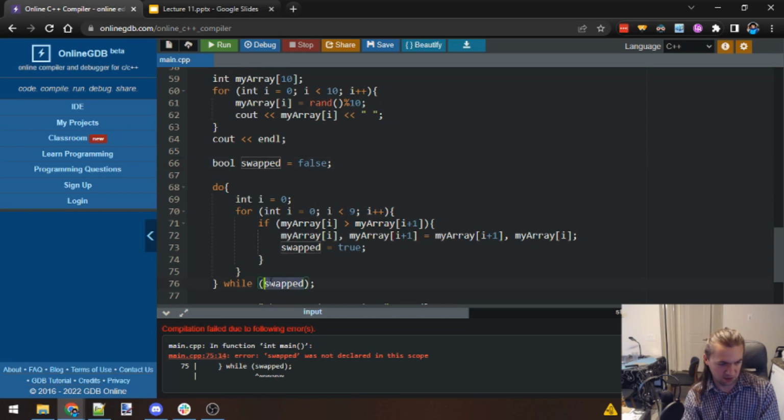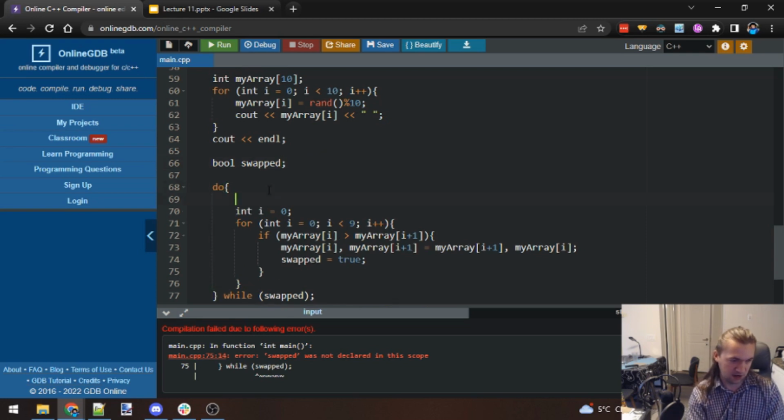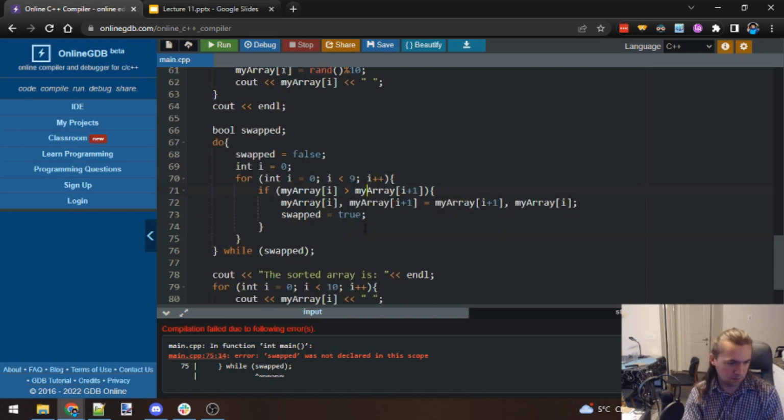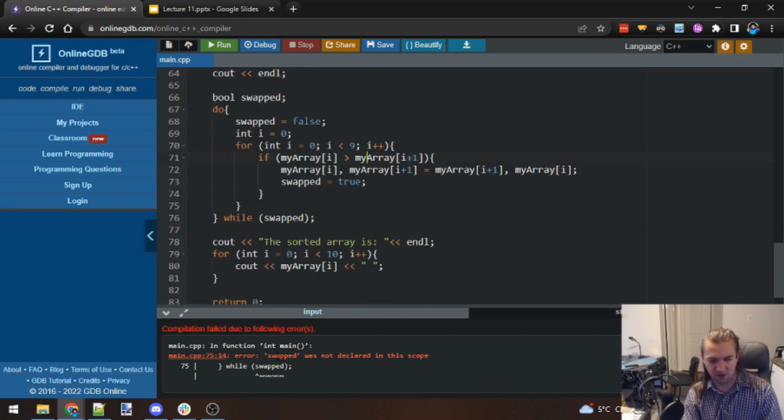because otherwise the while condition here can't see things that are inside of the do braces. So I need to declare swapped out here, and then inside I can set it to begin as false. I know that because it says swapped was not declared in the scope, and what that means to me is, oh, in this line, number 76, swapped is something that it doesn't recognize if it's defined inside of this loop